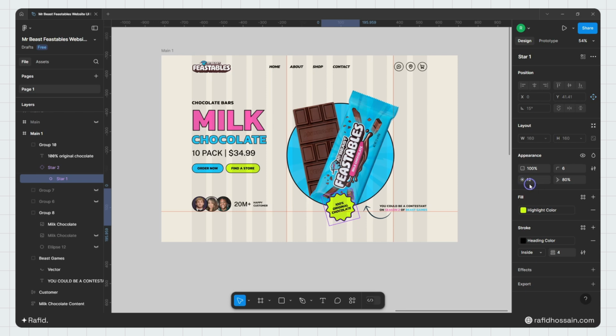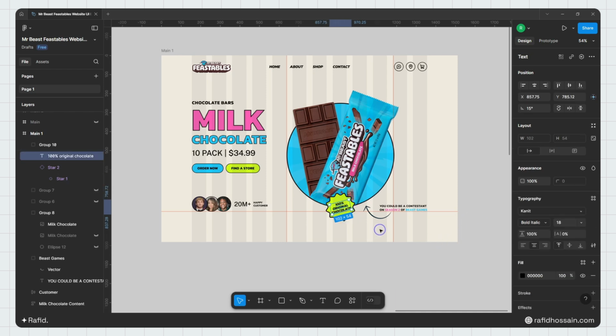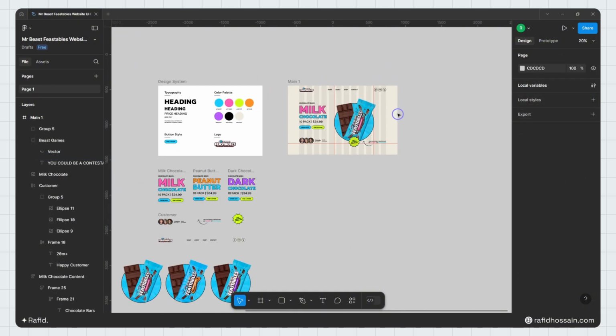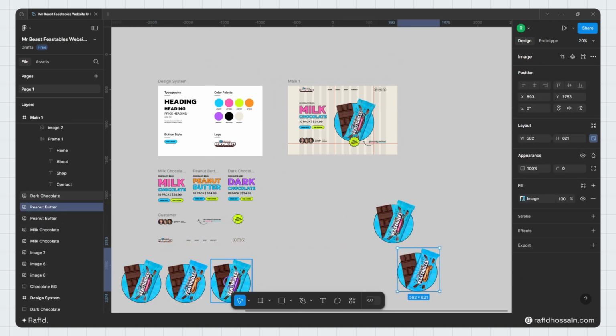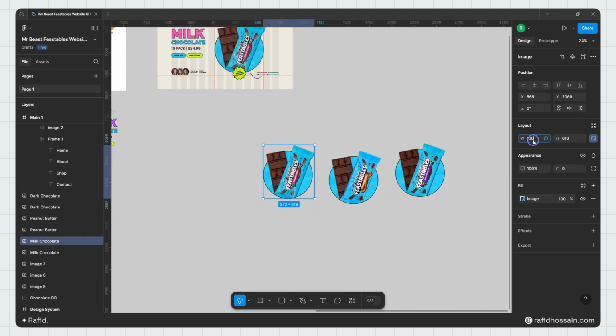As you can see, I use count 12 and the radius is 6 and the ratio is 80% like this. And for this text, I use the same font family of Kanit, and font weight is bold italic, font size is 18 pixel and line height is 100 pixel like this. And I'll add the small chocolate images also here, so I just duplicate it, make the width 100 pixel